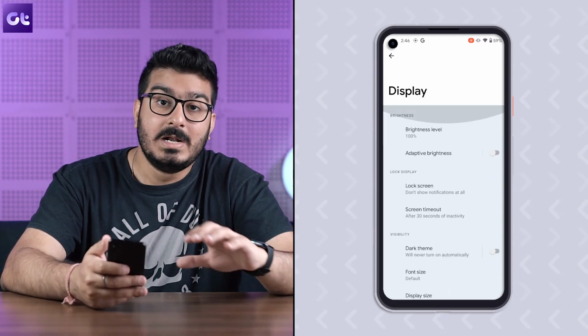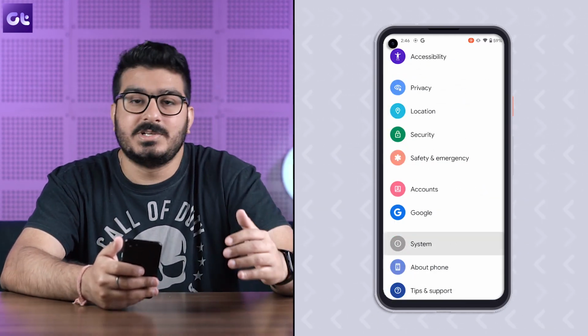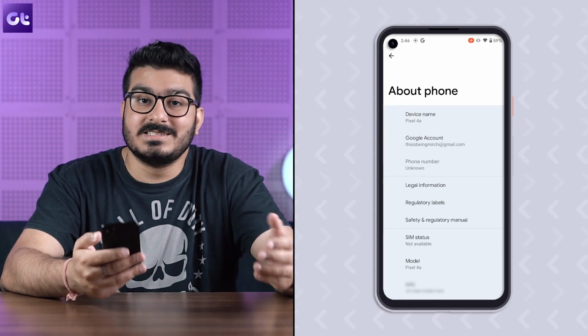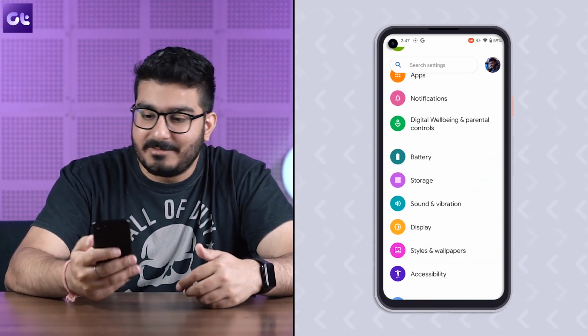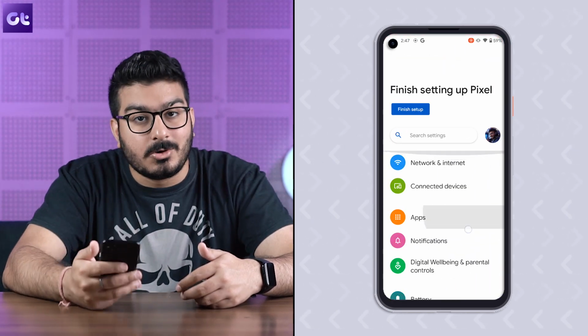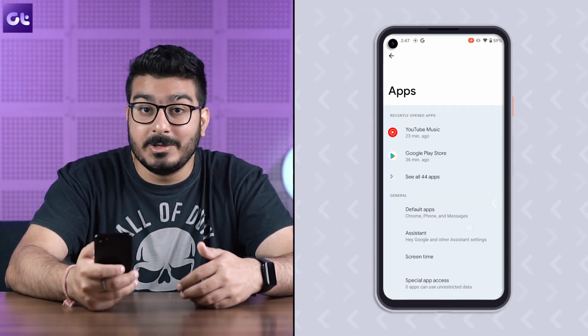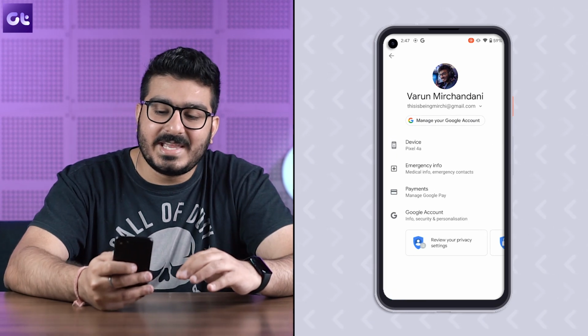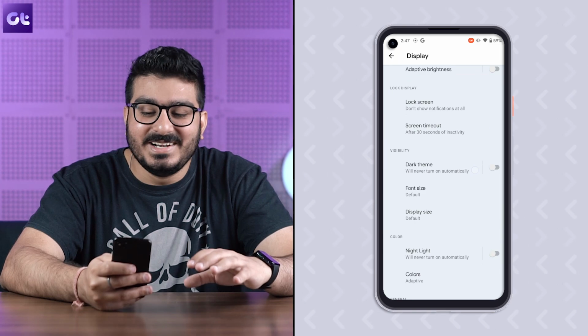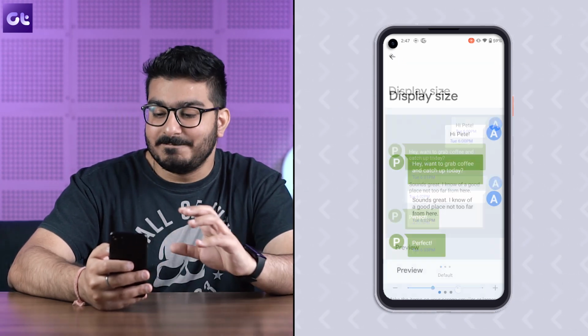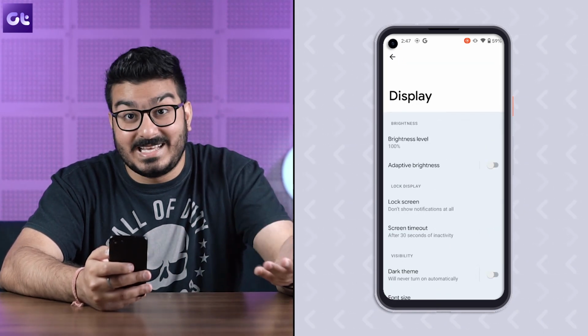Obviously, it's a developer preview, but for what it's worth, everything is pushed down and the overall reachability factor is quite greatly enhanced. I mean, I am still using this on a Pixel 4a, which is already a very easy to use and ergonomic device, even for one-handed usage. But with Silky Home enabled, it definitely looks and feels far better. So yeah, that's good.